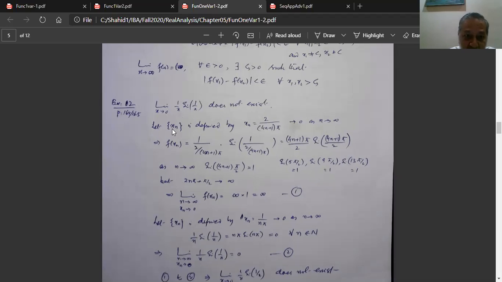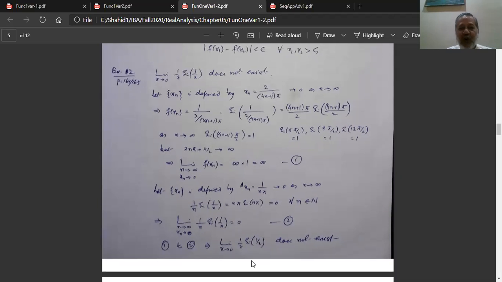0 through this sequence is infinity, whereas through this sequence it is 0. So to produce alternate ways of getting different limits as x approaches c, we are using now different sequences in the domain that approach to the same c,